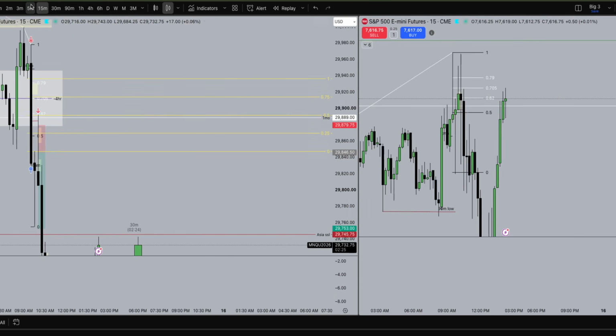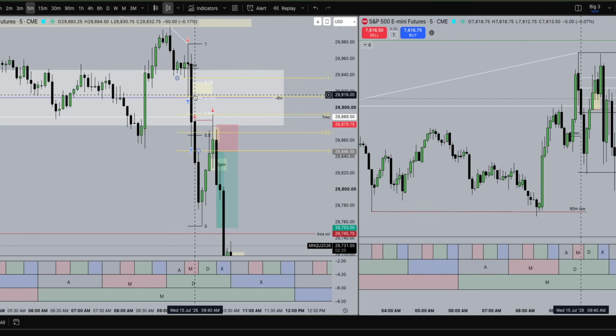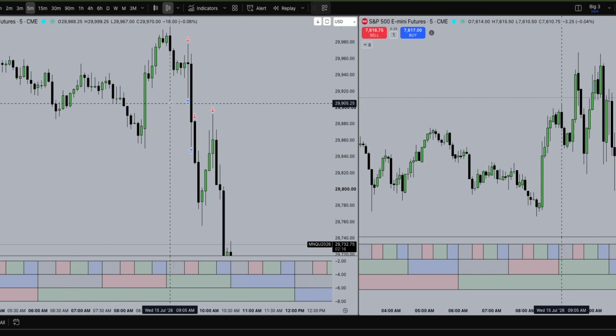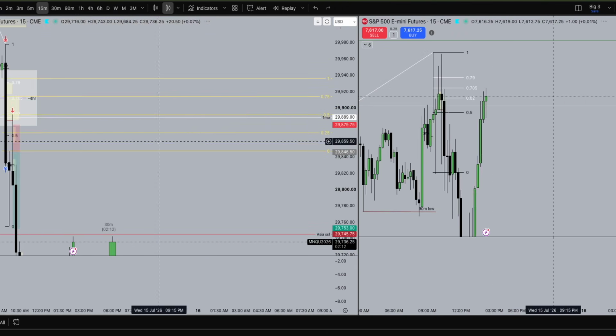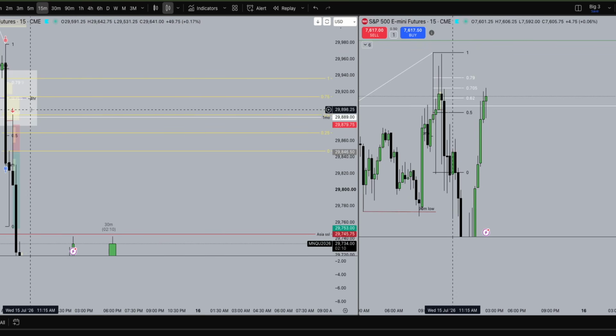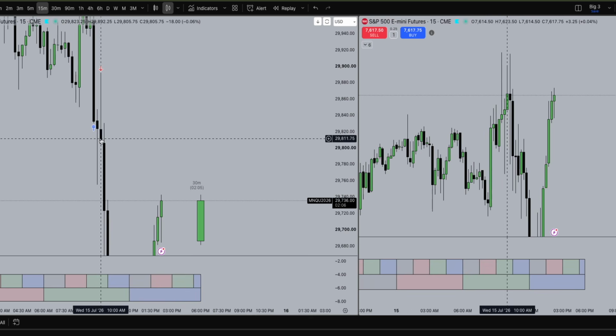The 15-minute quadrants, the 5 minutes was just showing that we wanted to retrace to the highest time frame gap, which is right here. The highest time frame gap is the 5 minute, the highest one above that we have multiple of. There's 3 5-minute gaps, but this is a 15-minute gap. So we were waiting for this one to get closed. And look how nice that closes.